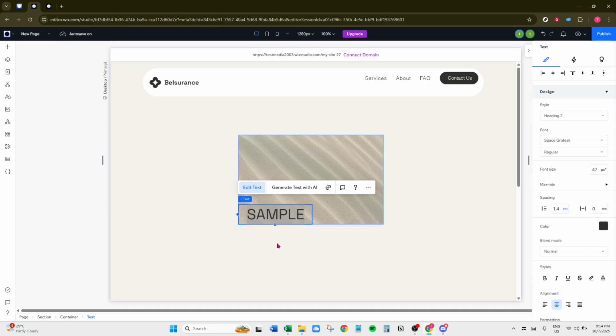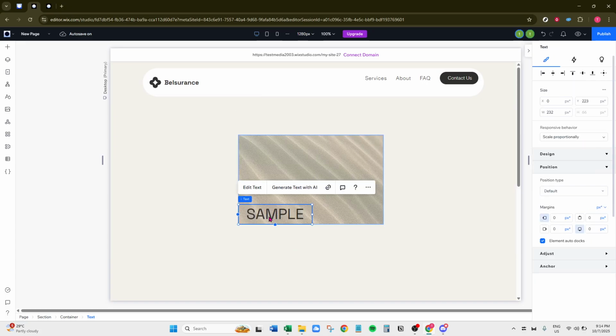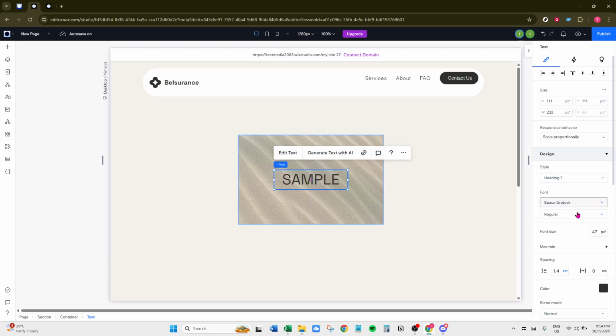Select the Add button on the left side. Choose Text, and then type in what you'd like your users to see when they hover over the image. Use this opportunity to add engaging or informative content, be it a product description, a little extra information, or a creative piece of writing that entices viewers to stick around.